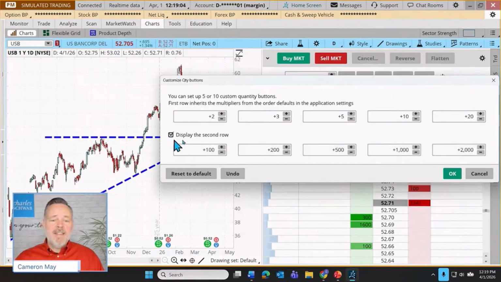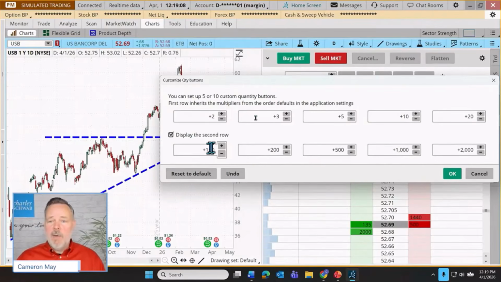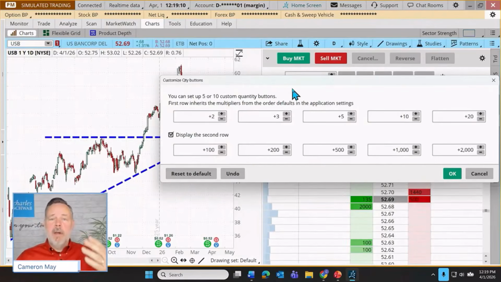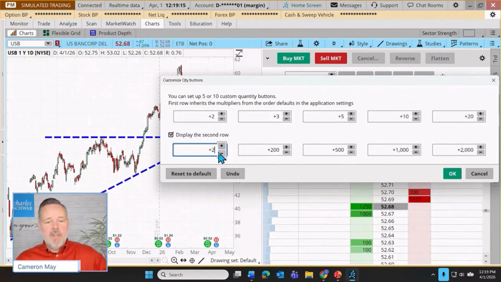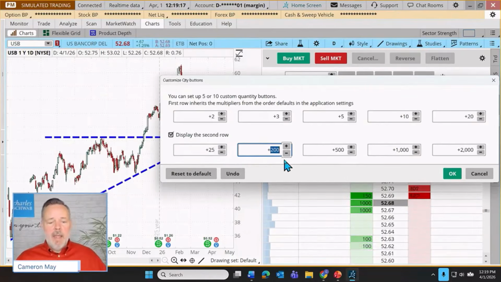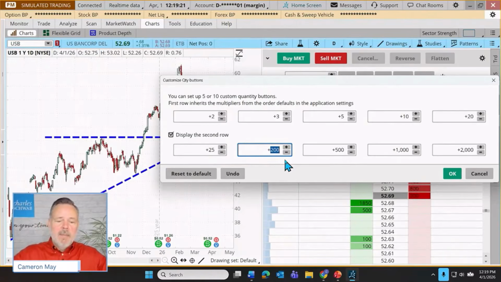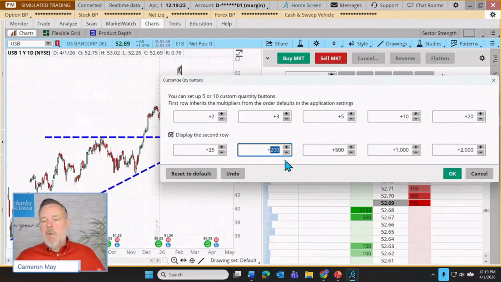Now we can also display a second row. And these are customizable quantities. They don't have to be some multiple of the default. Sometimes maybe a trader wants to buy 25 shares, or maybe they want to buy, who knows? I don't know what your standard is, but it can really just be any quantity like that.